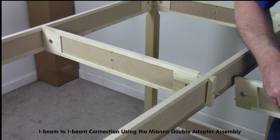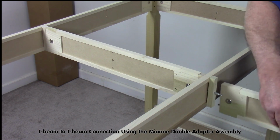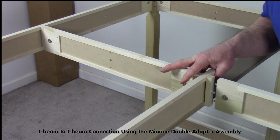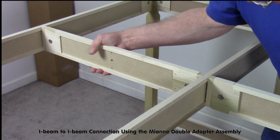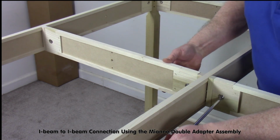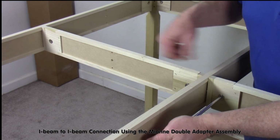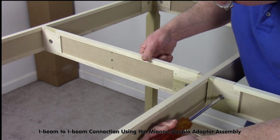So you've got to take the other end of the 4-foot I-beam, which is out of picture at the moment, and slide that onto a block that's already on the connecting I-beam. And you're just going to push this apart, force it apart slowly, and then let it come back together. Now you've got to pull it together as tight as you can by hand. Then get your screwdriver. The next step is to tighten this side that you've just attached. You're only going to tighten that probably about 90 degrees, and you'll be able to feel that start to pull in. And once that does,